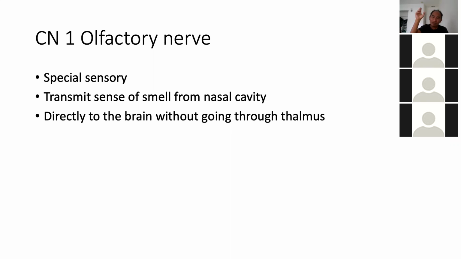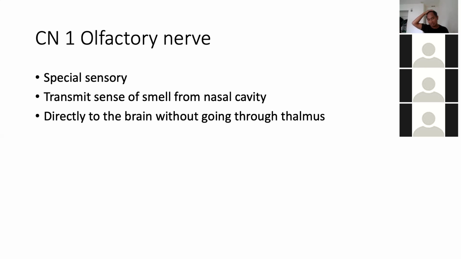So that is not a regular sensation. Regular sensation means touch, temperature, pressure. That is the normal simple sensation. And special sensation like smell is a special sense, and special sense is carried by the olfactory nerve. It transmits the sense of smell from the nasal cavity. In the nasal cavity, there are sensory receptors for the smell, and these will pick up and transmit along the first cranial nerve, which is the olfactory nerve, and it will go directly to the brain without